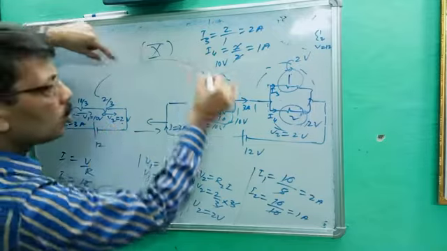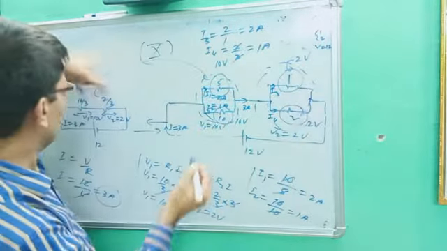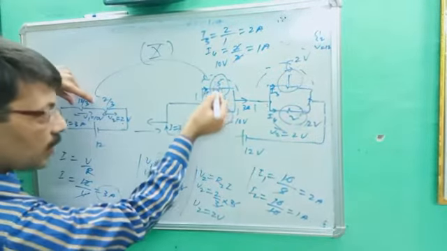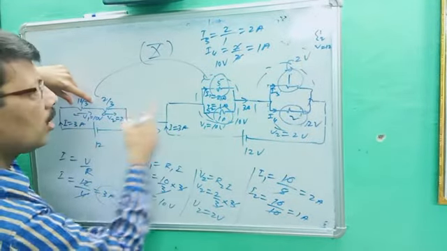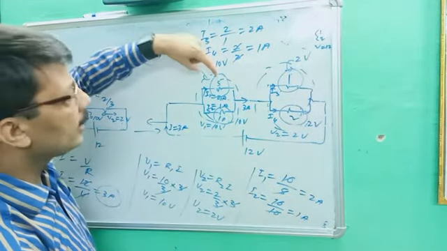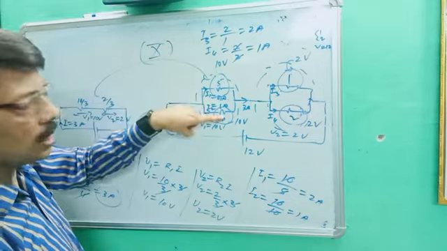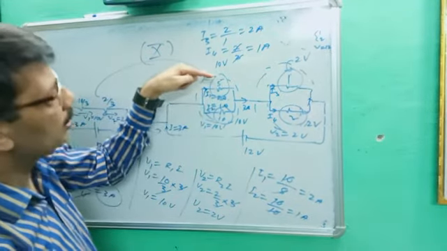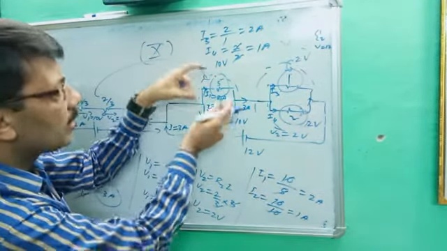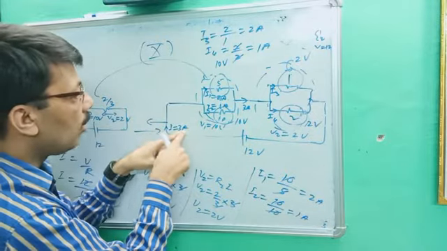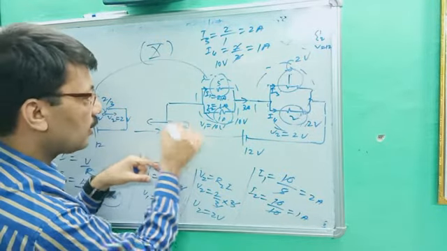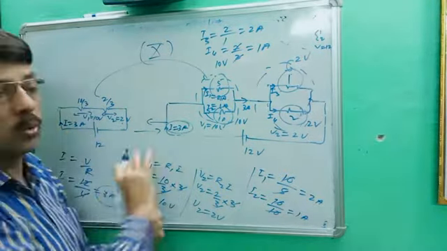Now we will go back to the previous circuit. Since it is 10 volt and this is the combination of 5 and 10, we are getting 10 volt. They are in parallel, so no doubt its potential will be 10 volt, its potential will be 10 volt. Potential is given, resistance is given, you can get the current, but keeping in mind the total current should be 3 ampere, because we are getting 3 ampere current through the circuit.